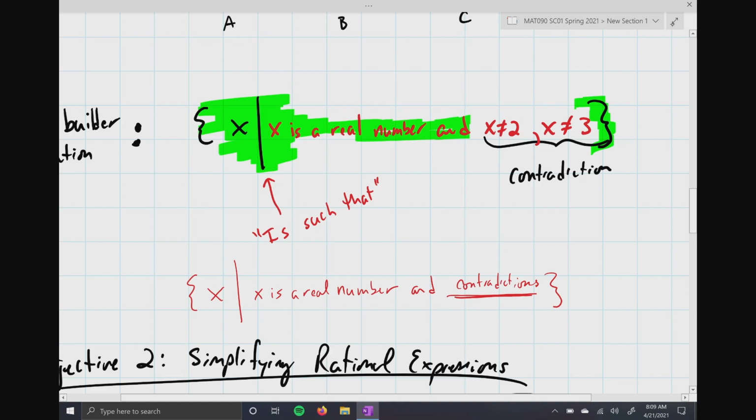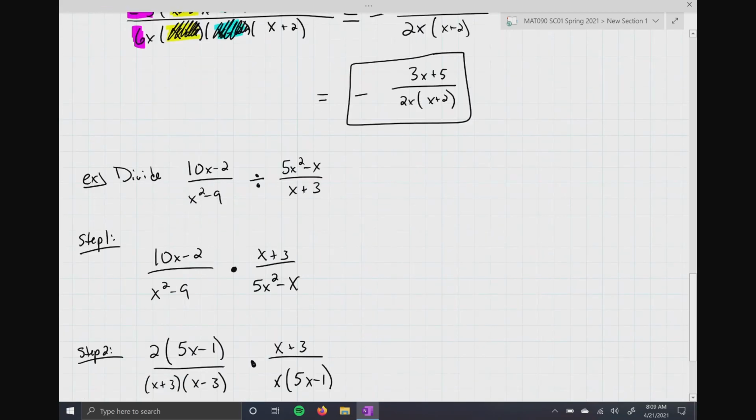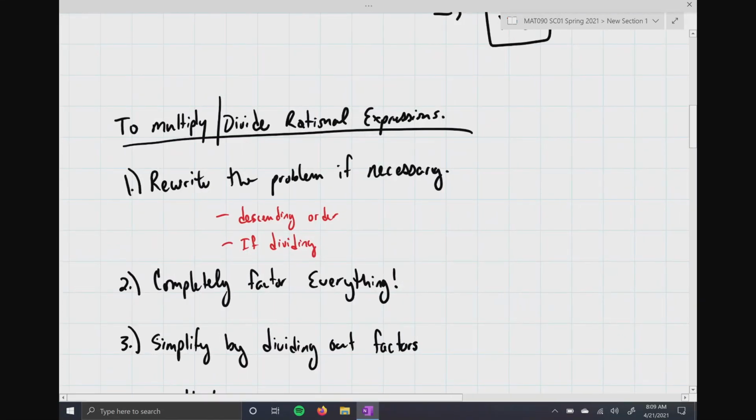Good. Then we looked at multiplying and dividing. Here are our steps for that, which are very similar to multiplying and dividing fractions from all the way back in chapter 4. You're going to rewrite the problem if necessary. And I gave you just some guidelines. We like things in descending order. And if we're dividing,